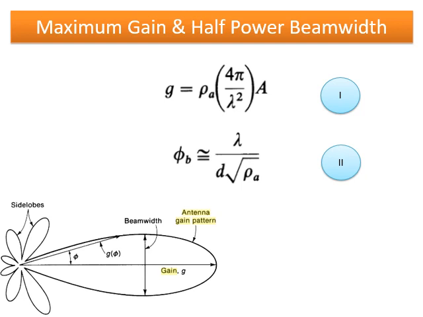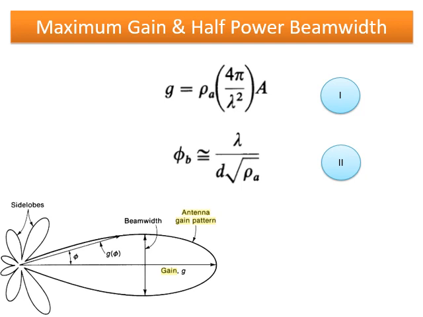So we can say for high gain antennas we can provide more signal strength to the user, and for a lower gain antenna, that antenna can be oriented for a higher angle, meaning it has a wider scope of coverage. So this is about the maximum gain and half power beam width.